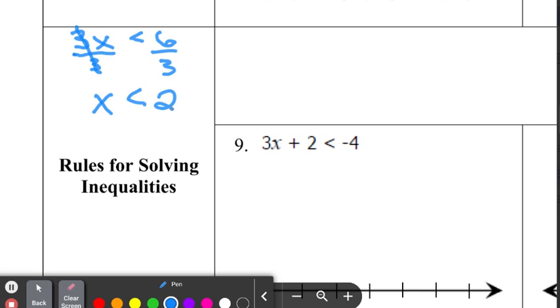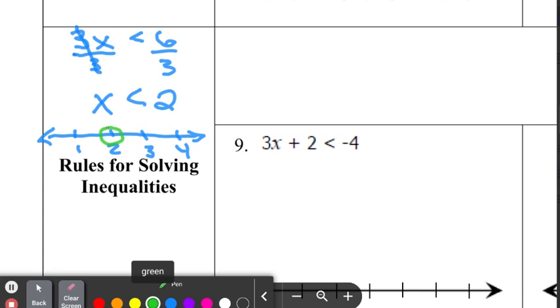So now I'm going to use what I know about number lines. I'm going to graph this on a number line. 1, 2, 3, 4. It's not a very pretty number line, but it'll get the job done. So I'm going to put my circle on 2, and my arrow goes to the right. So what this means here,